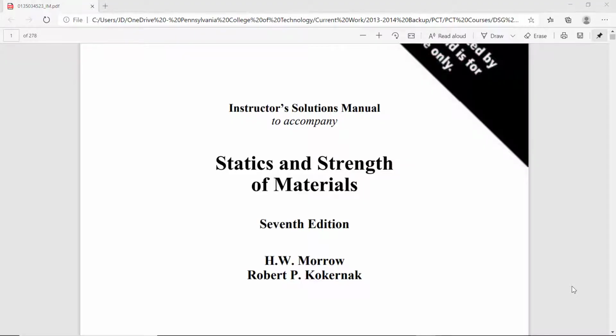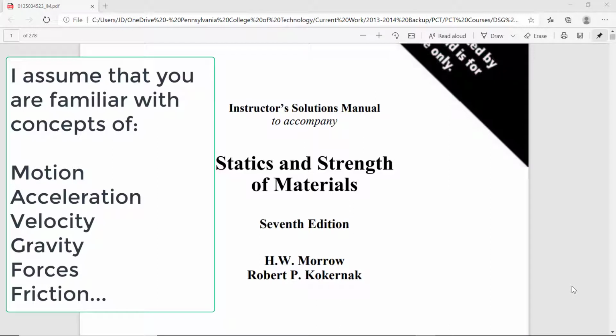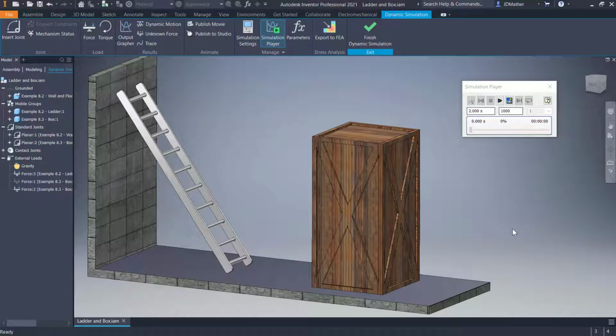As we go through these labs, I assume that the student has had some course on statics and strength of materials and a course on dynamics. For example, this problem came from a statics book where the idea was to put a certain friction value between this ladder and the wall and an appropriate friction value between the ladder and the floor, and then put a weight on here of a certain value and have the ladder at a certain angle